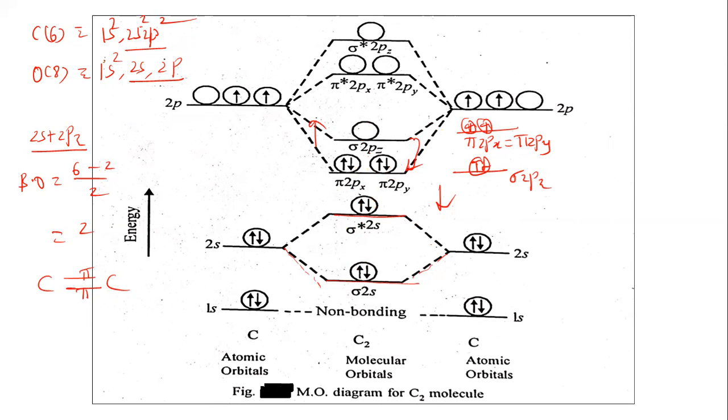Okay. So, let us write now the electronic configuration of the carbon molecule. Carbon molecule is equal to KK for the 1s, that is known to us now. Then sigma 2s, 2 electrons, sigma star 2s, it also carries 2 electrons. Then pi 2px equal to pi 2py, both having 2 electrons. Okay. So, this is the electronic configuration of the carbon molecule. So, the MO diagram shows that the carbon molecule is diamagnetic. It is not paramagnetic. So, this is the MO diagram of the carbon molecule